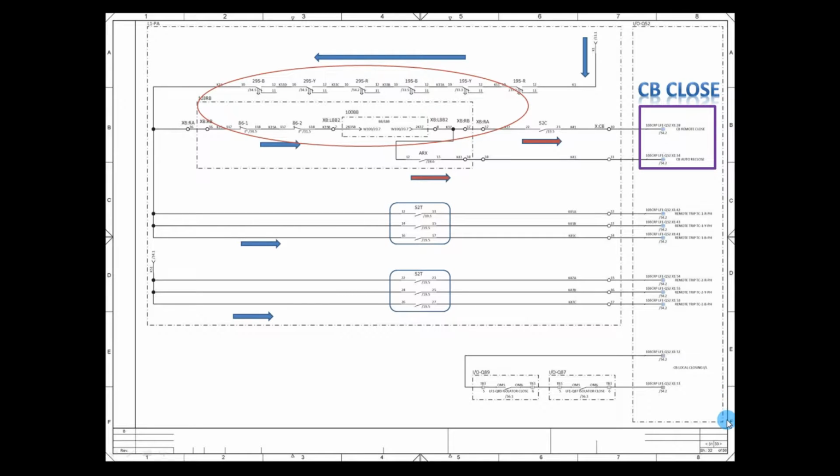And for closing this circuit we need to satisfy all these interlock conditions. These are the interlocks we have to satisfy. After that it gets the command by two auxiliary contacts for closing the breaker. For CB open we get it by 52T. This 52T is going to two trip circuits, that is trip circuit 1 and 2, and the last one is the interlock for the circuit breaker circuit.